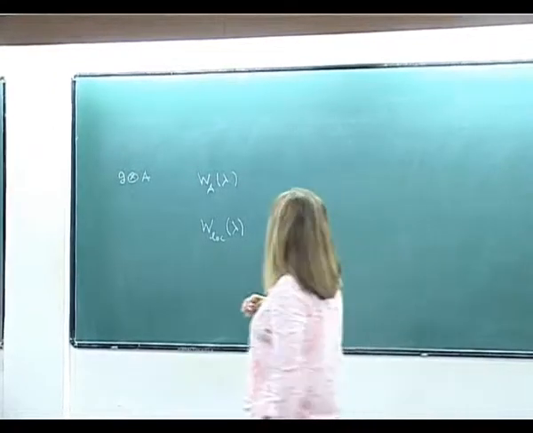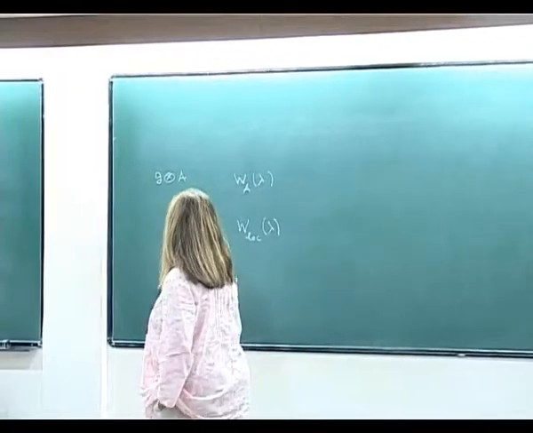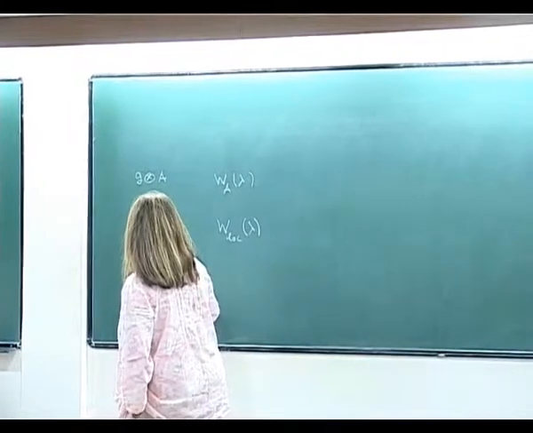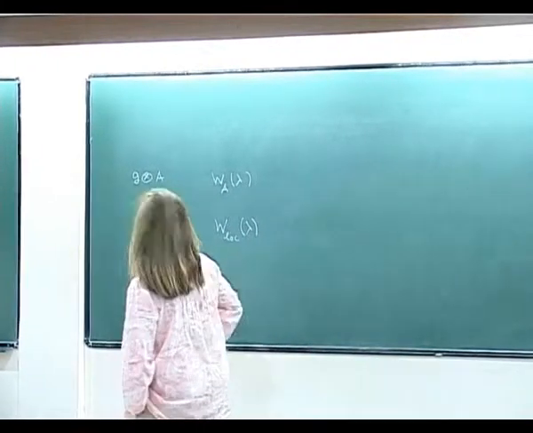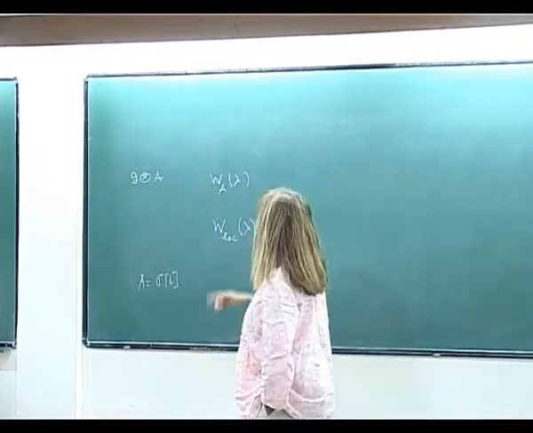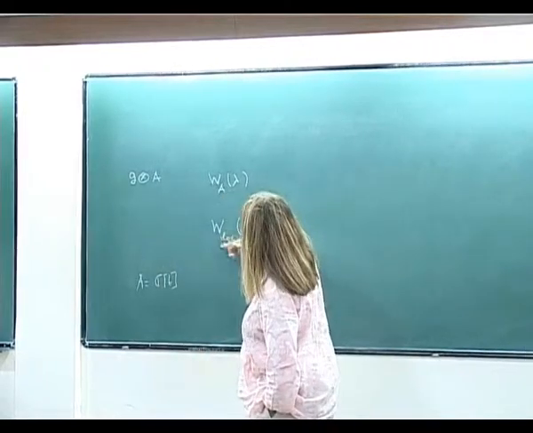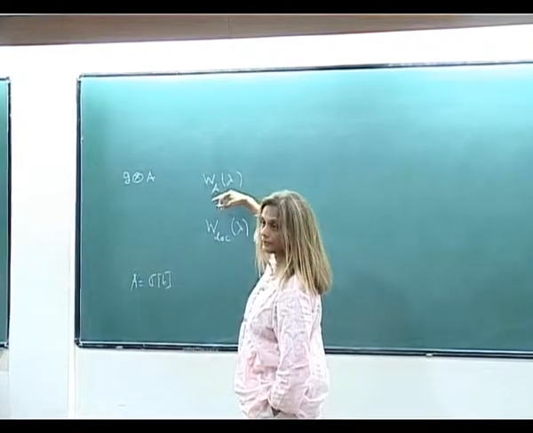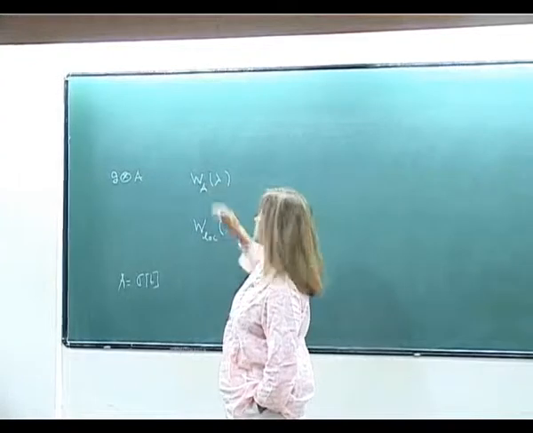One of the things I was going to tell you today is if you take A equal to C[T] or C[T, T inverse], then all these are quotients of your global Weyl module, and all these quotients have